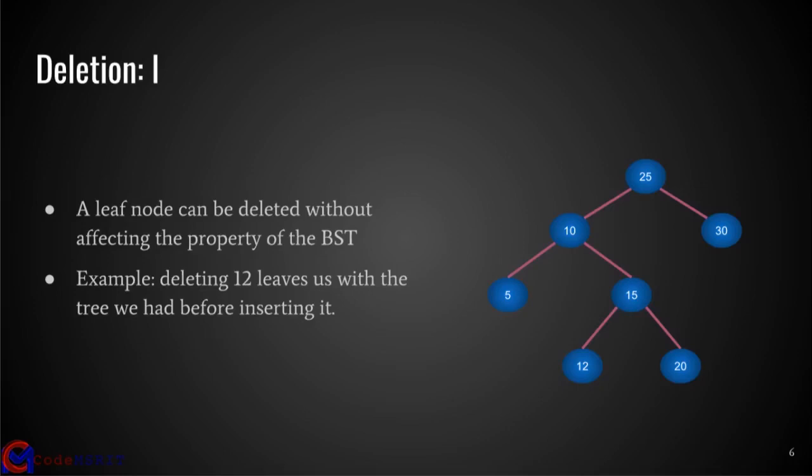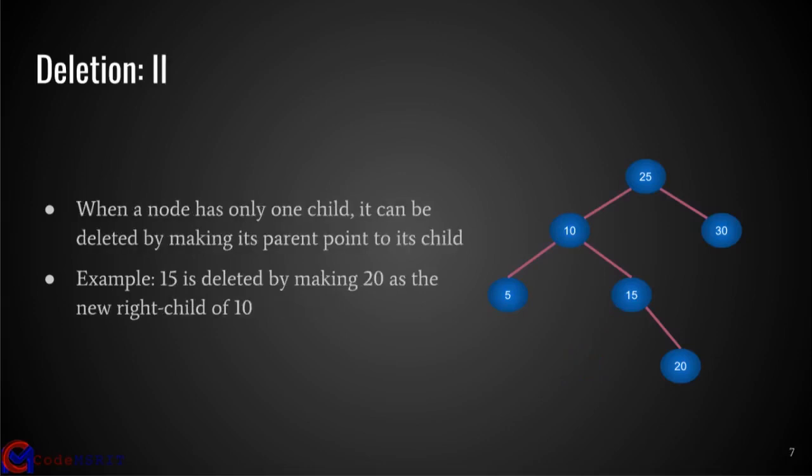For example, the node 12 can be deleted by unlinking it from 15 and the new tree would still be a binary search tree. When a node has one child, the absence of the node in between does not affect the properties of binary search tree. So, we can remove the node by creating a link between its parent and the only child. For example, deletion of 15 by making 20 as the new right child of 10 ensures that it is a